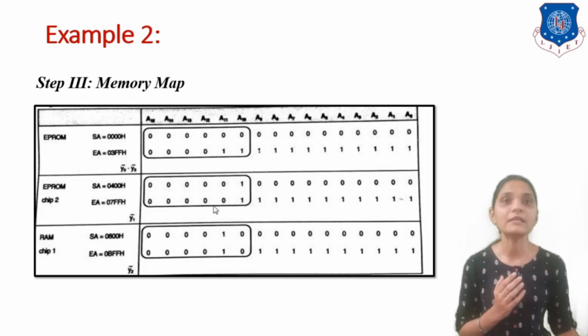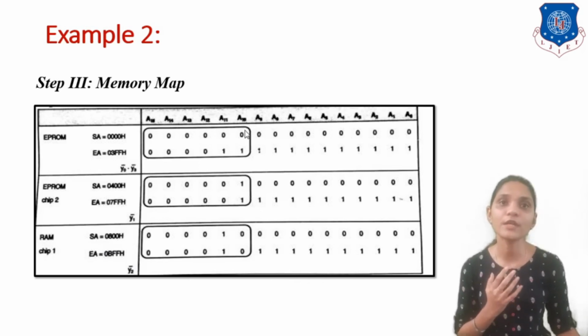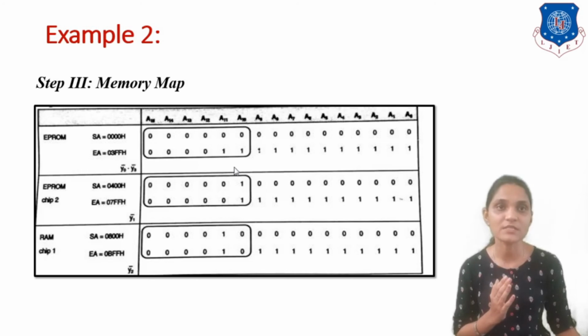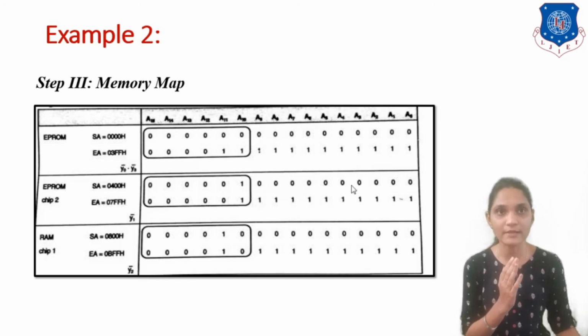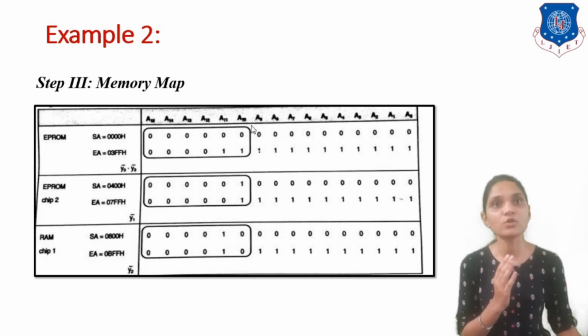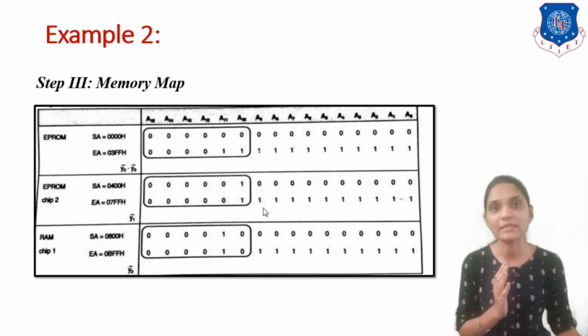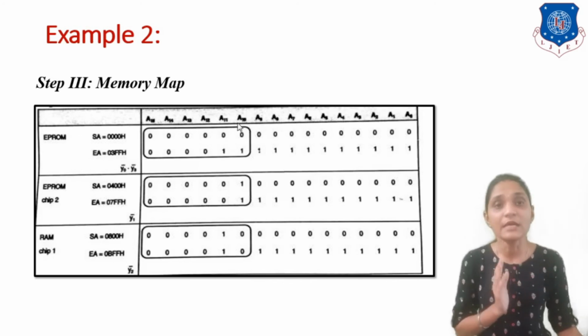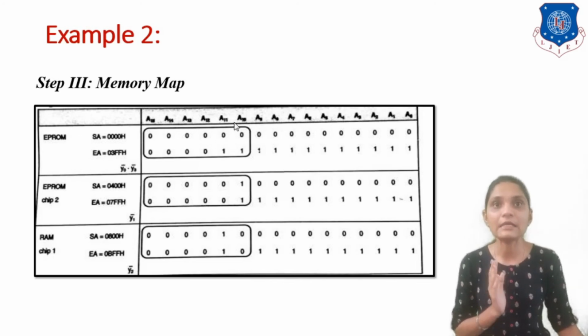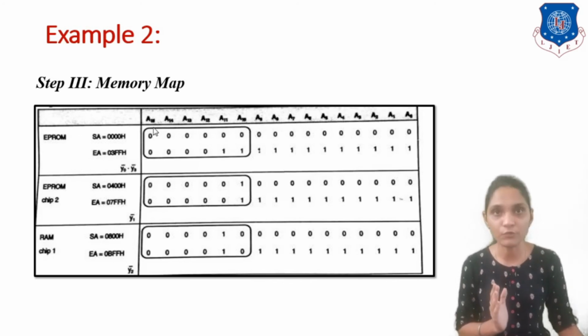Okay, and from this, if we bifurcate two parts of this address bus, that is we have to provide to the address decoder A0 to A9, because size of each and every memory is 1 kilobyte. Okay, so it will require 10 lines, that is 0 to 9, that we will provide to the address decoder. Remaining lines A10, 11, 12, 13, 14 and 15 are constant, or you can say fixed for that particular chip.